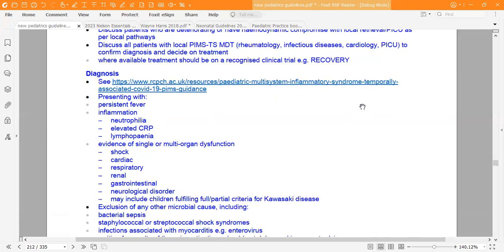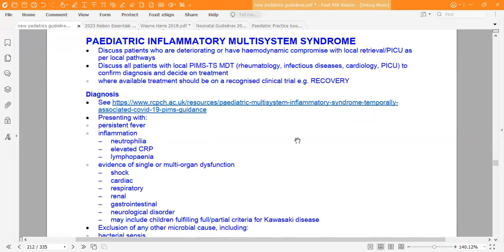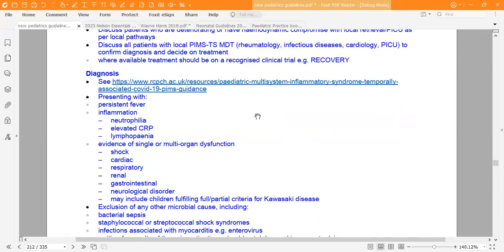Okay. The diagnosis. We have a link here for the pediatric inflammatory syndrome associated COVID-19 guidance. But we will go through this in brief here. We cannot go through the link now. Okay, so the presentation: presenting with persistent fever, inflammation, neutrophilia, elevated CRP, and lymphopenia. So neutrophil count will be high, elevated CRP, and lymphocytes going to be low. Evidence of single or multi-organ dysfunction, like, for example, shock, cardiac